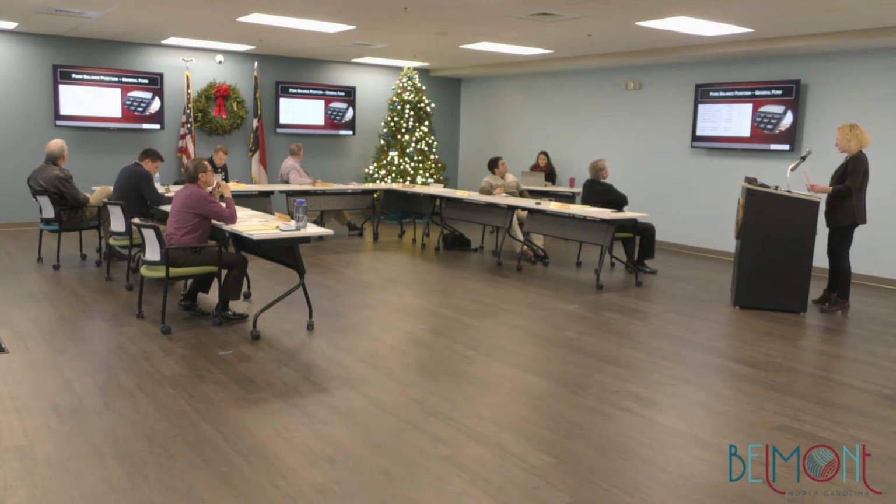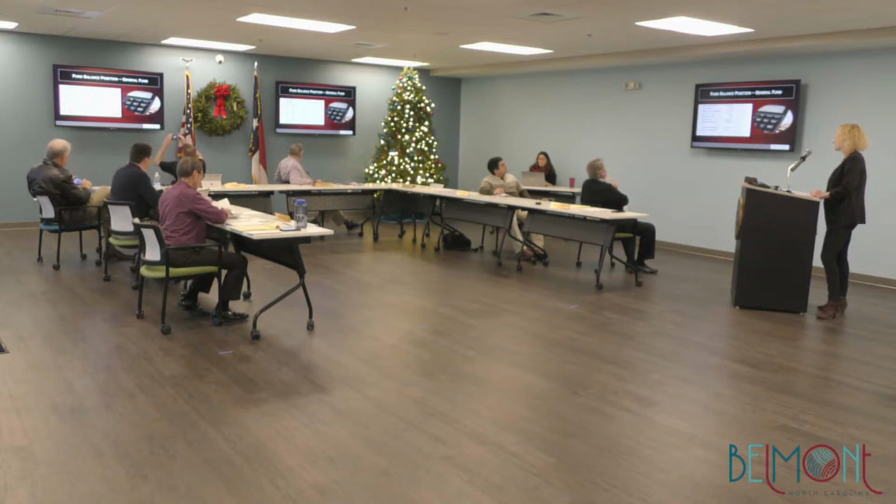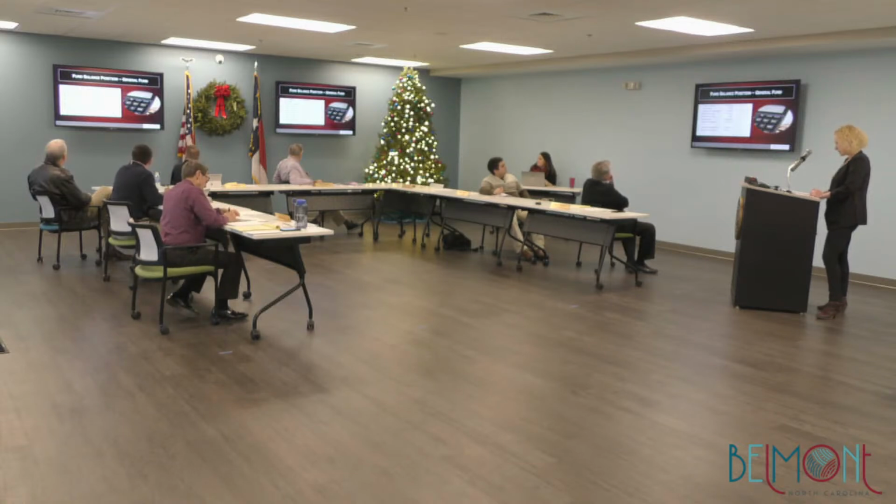So here's your available fund balance calculation, as previously mentioned. We start with total fund balance of $10.3 million, less your non-spendable, which includes inventories of $31,000, less your stabilization by state statute of $1.2 million, less restricted for streets, which is your PAL bill, of $247,000, less your restricted reserve for USDA loans of $7,300, and then less your working capital fund balance policy of $3.8 million to arrive at a total available fund balance for fiscal year 21 of $4.9 million, which was an overall decrease over the